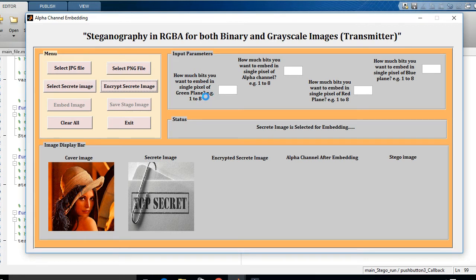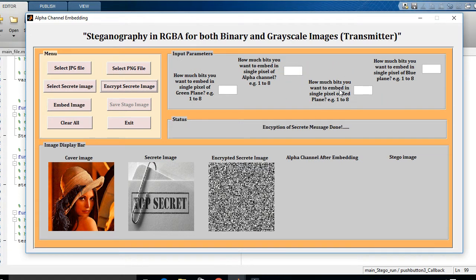That input will vary from 1 to 8. The second input parameter is how many bits you want to embed in a single pixel of the alpha channel. In the same manner, how many bits you want to embed in a red plane and how many bits in a blue plane. So you have to give the input of all these four parameters.